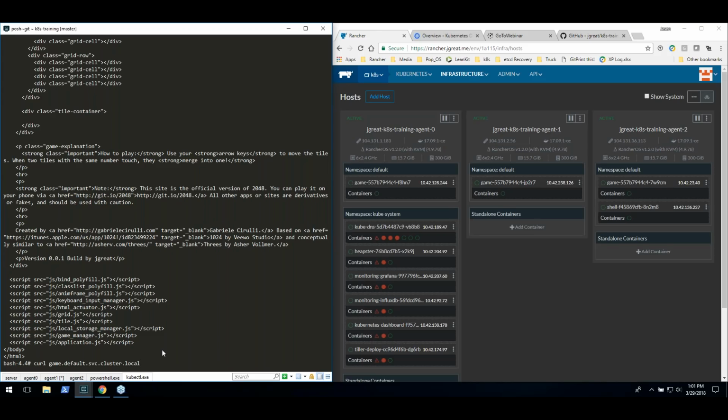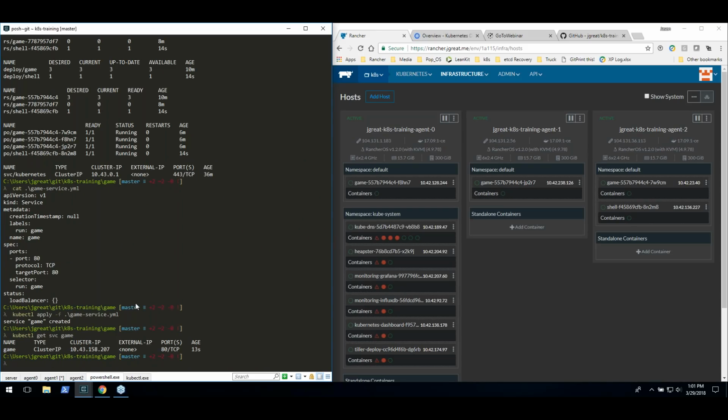So now that we've done that, how do clients outside of our cluster talk to workloads inside of our cluster? And the most common way to do that is with an ingress object. So let's take a look at that. Ingresses are layer 7 capable proxy services. Rancher comes with a built-in ingress. It's based upon HA proxy, but there are a whole bunch of other ingresses that are available to